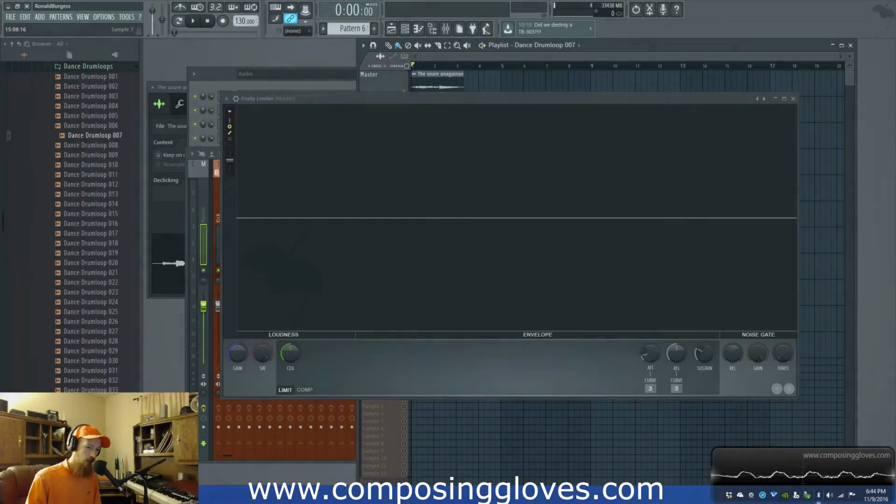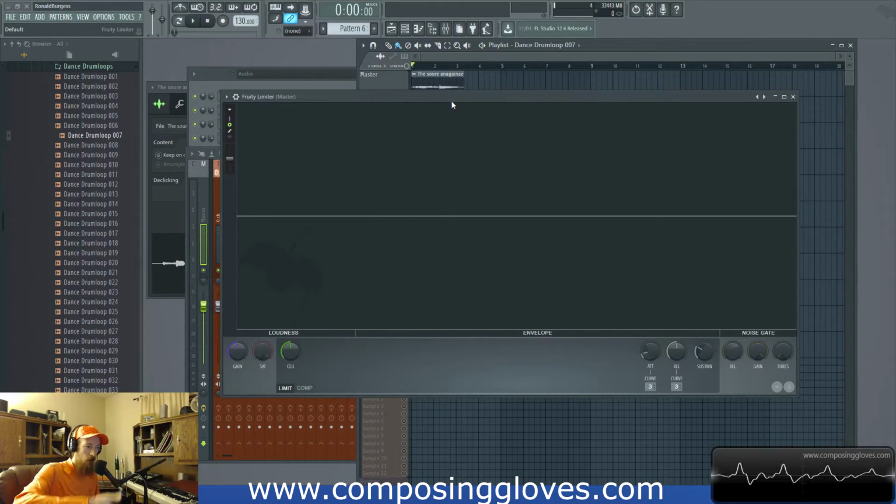Hello, I am wearing an orange hat, and today we're going to be talking about the Fruity Limiter. Look at this thing, it's glorious. Meet the Fruity Limiter. But anyways, it's a limiter, and I'm going to assume that you know what limiters are,